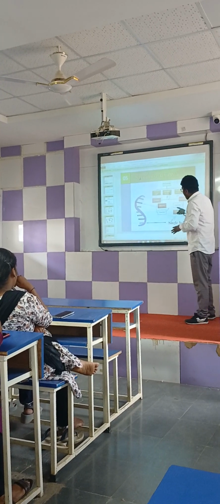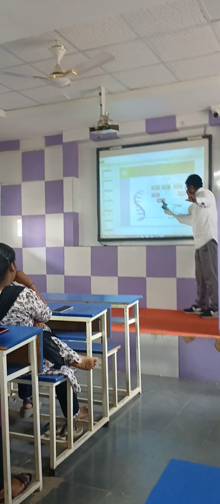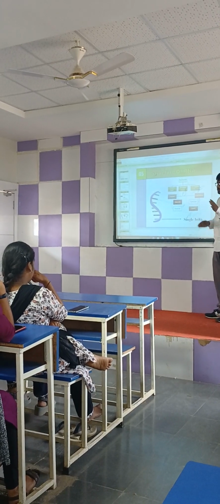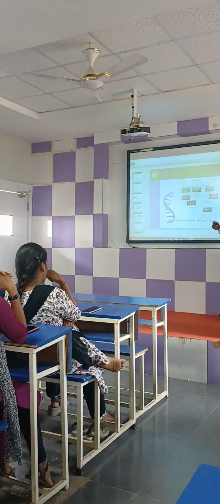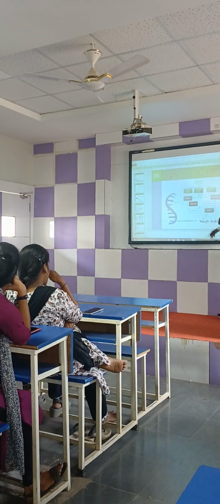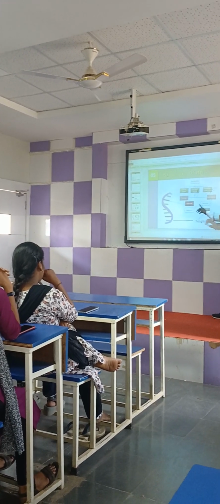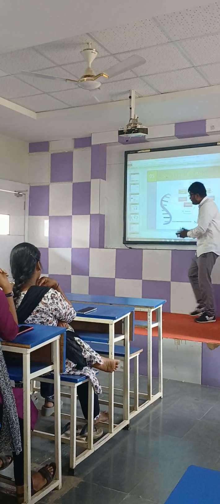Okay, wait. In RNA, adenine is paired with uracil and guanine is paired with cytosine. That means guanine is always paired with cytosine. But there is a difference: adenine in DNA is paired with thymine and in RNA it is paired with uracil. Okay, this is the difference. Now the last question is that